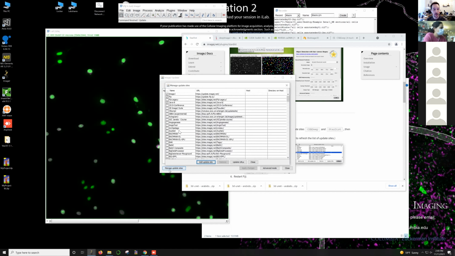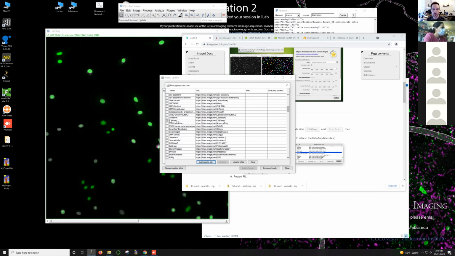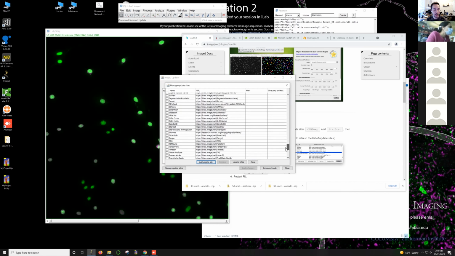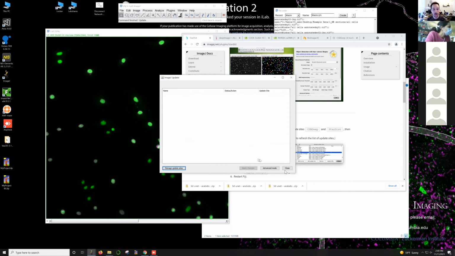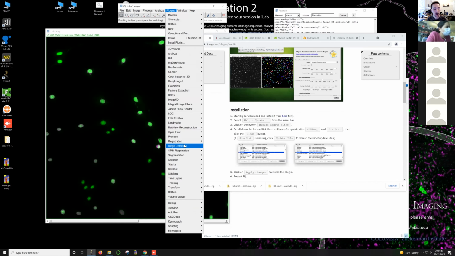If we go to Manage Update Sites, we can find CSBDeep. I already have it installed, but this is where you would check it on. And StarDist is just here. So if you update those two and close this, it'll have an option to update Fiji and then restart Fiji. It'll all be over within just a few seconds. It's not a lot of data to download. And then after you restart Fiji, you'll have StarDist available